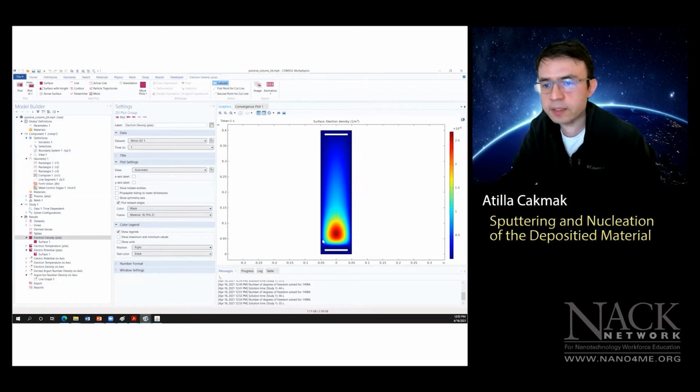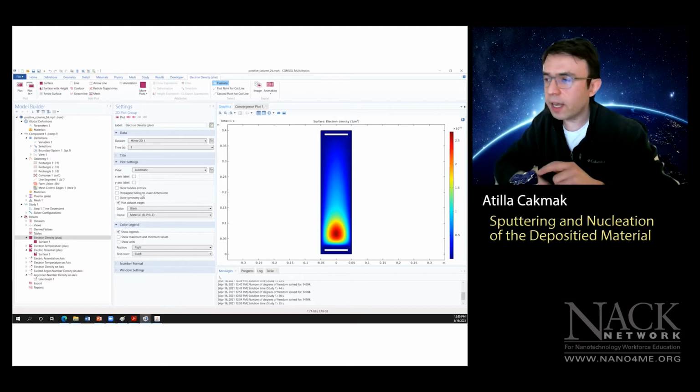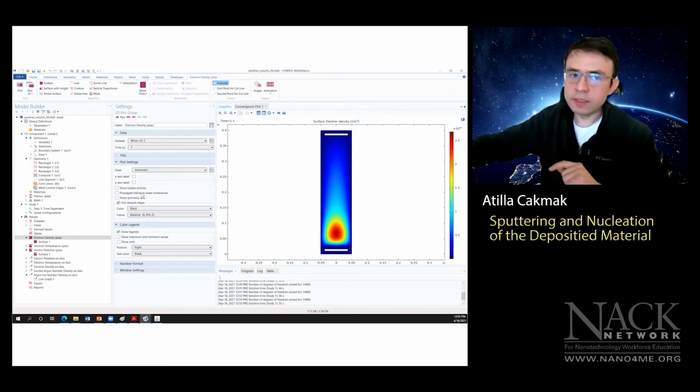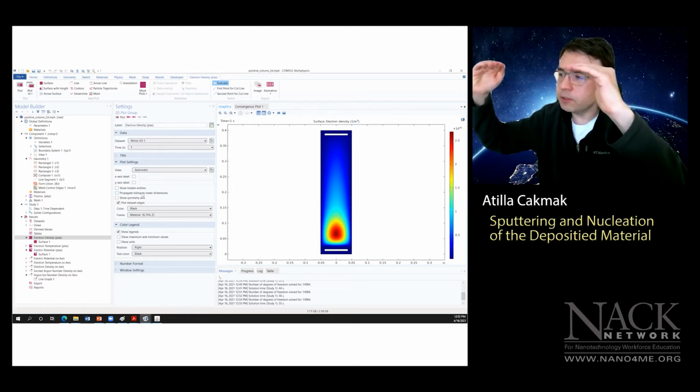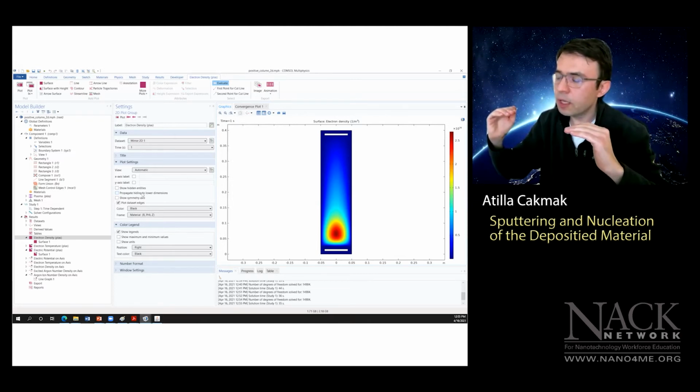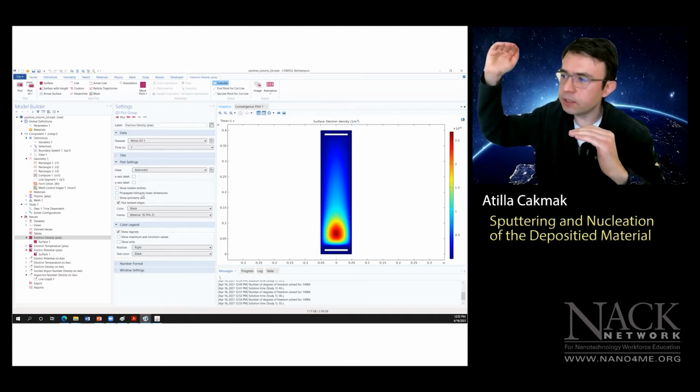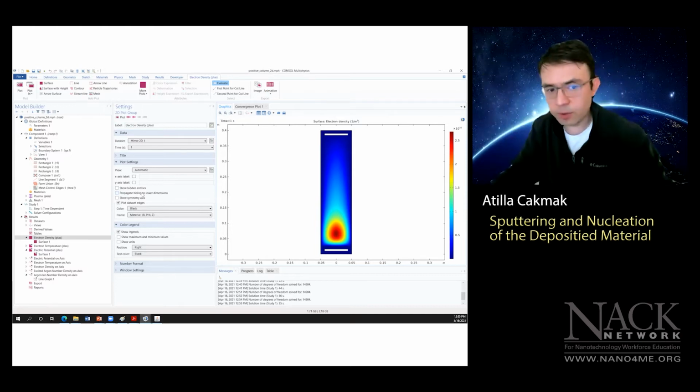This immediately tells us the electron density is closer to the cathode. It's really high, 10 to the 16. We kind of counteracted the loss of the pressure. The pressure went from 500 millitorrs to 50 millitorrs, but we were still able to ignite the plasma. How did we do that? We increased the voltage to 500 volts. We applied a higher electric field, in other words. And this is the electric field,